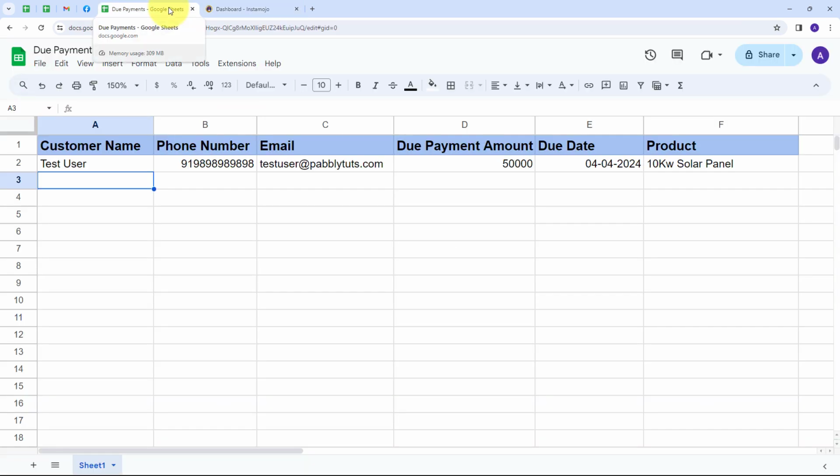With the help of Pabbly Connect, whenever I add the data of a new customer that has a payment due in my Google Sheet, a payment link will automatically be created by using Instamojo for the due amount, and an automated WhatsApp message will be sent to that customer with the payment link. So for using Pabbly Connect, what I have to do is